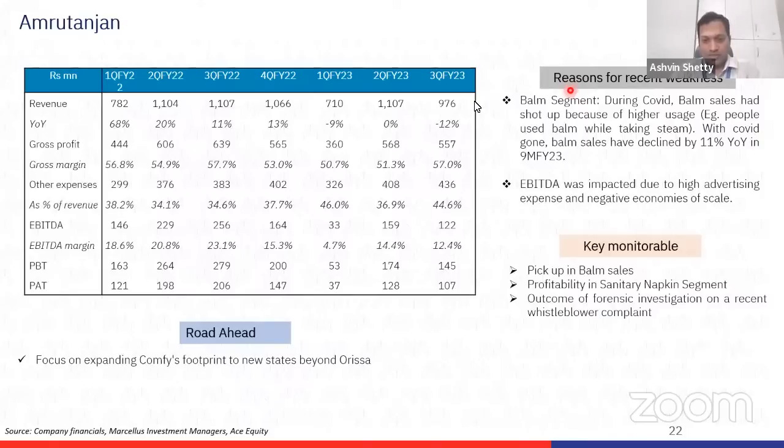It has to scale up significantly from the current levels, and for it to successfully scale up, it has to also start making a mark beyond the state of Orissa. So this is one where we keep a very close eye on how the market share of Comfy is trending in other states beyond Orissa. Also, I think you may be aware that recently the company came up with a press